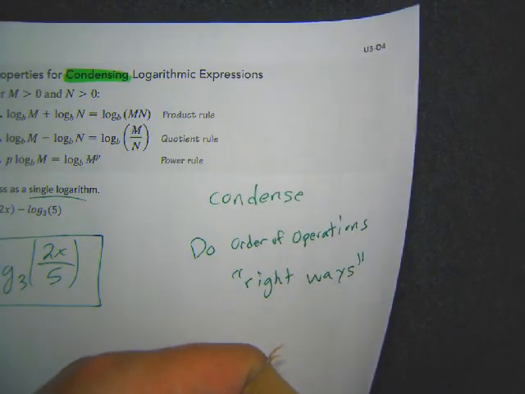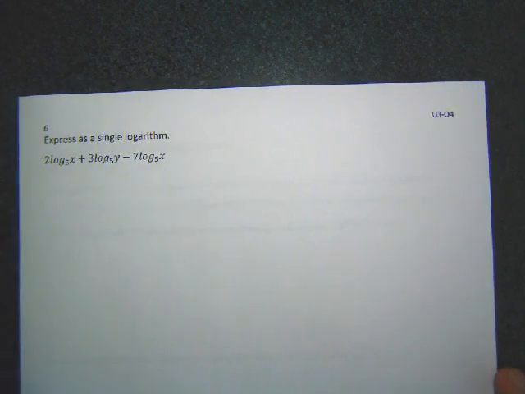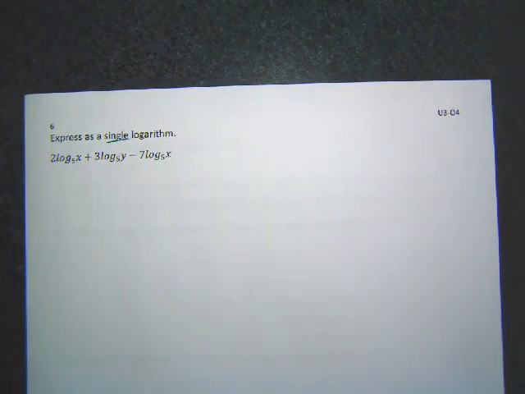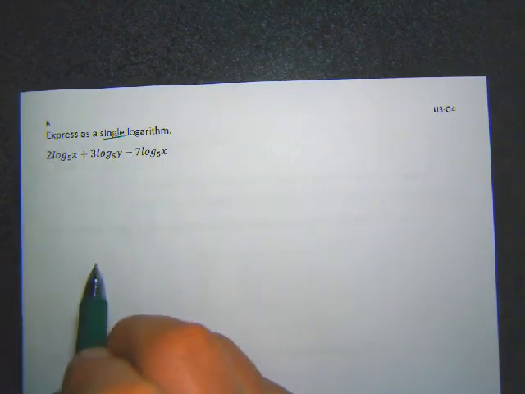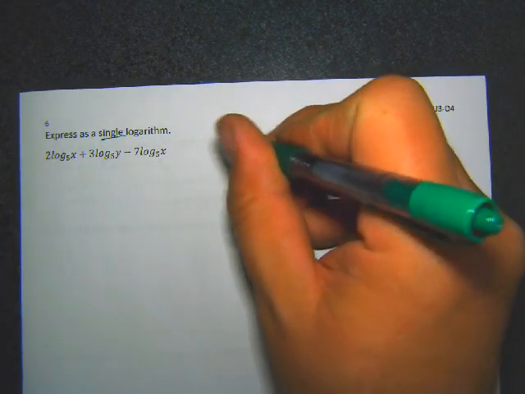Okay. Do I have more practice? I think I might have more practice of this. Yep, one more. Let's do one more. So this one, again, tells us to go back to a single logarithm. So we are condensing. And again, we've got to think of order of operations. So first thing I see is I got multiplication, addition, subtraction. You always start multiplying before you add or subtract. So we're going to do the power rule